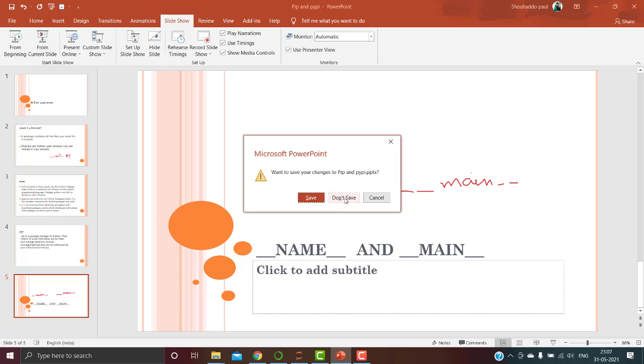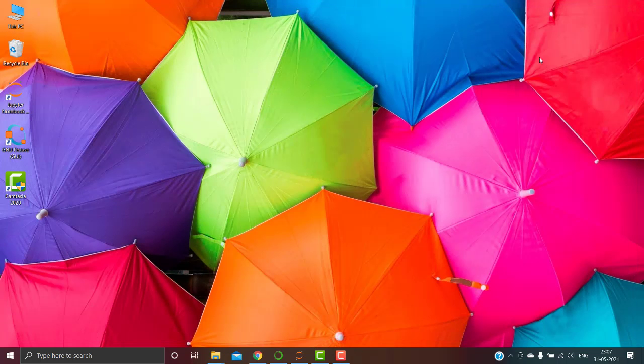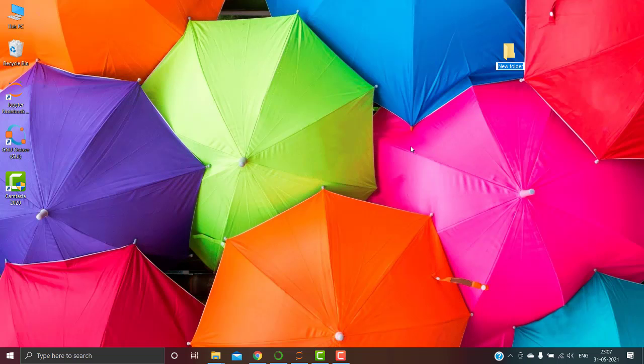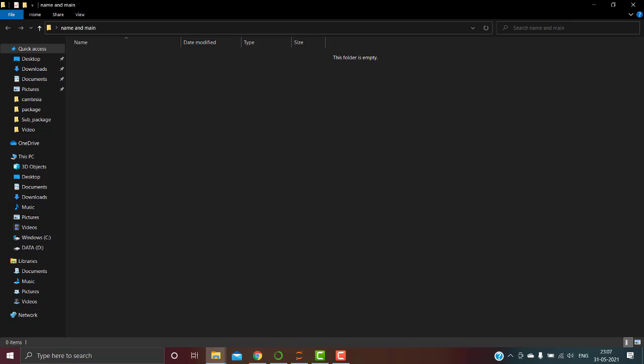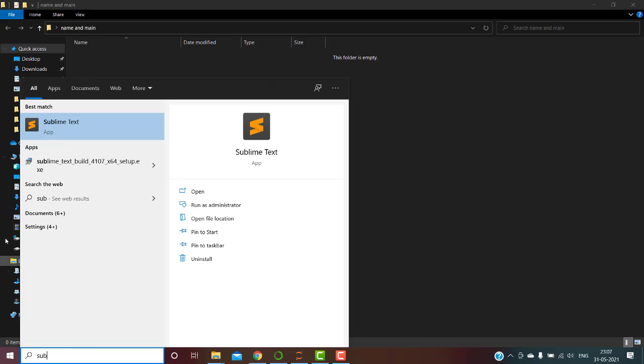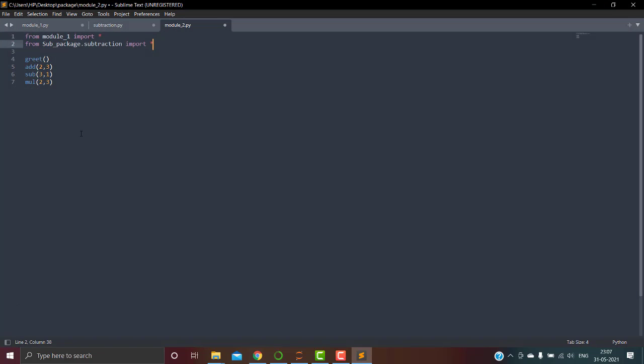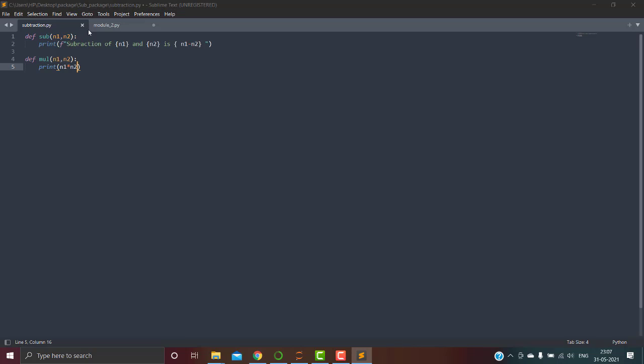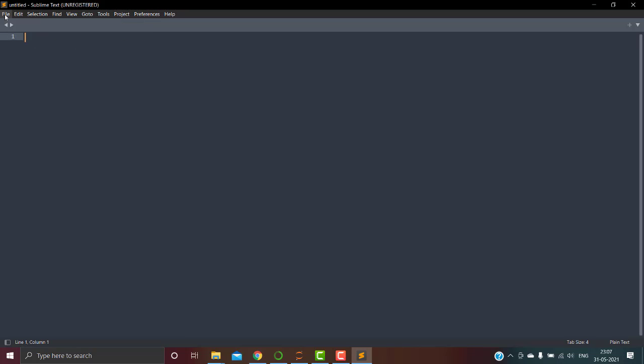Let's close the PPT. Okay, now again I'm going to create a new folder. Now this will be name and main. Okay, I'm naming this folder as name and main, and again moving to my Sublime Text. Okay, all of these are already open now. So what I'm going to do is I'm going to create